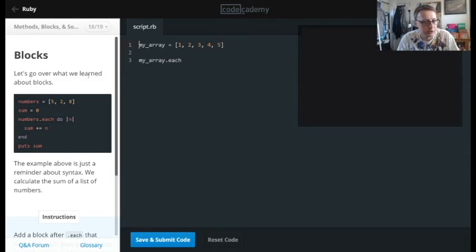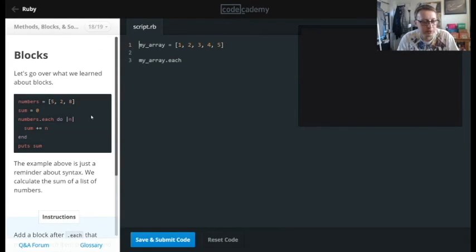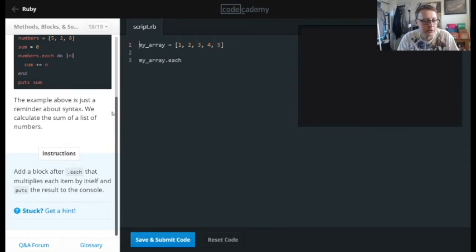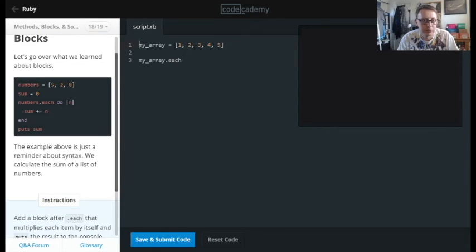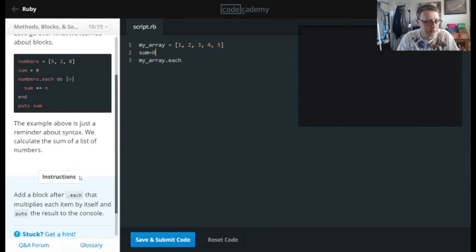Now we're going to review our blocks real quick. Add a block after .each that multiplies each item by itself and puts the result into the console. So, add a block. Alright, so here's our array. And then we'll set our sum equal to 0 and puts the result to the console. Okay, so we then need to run through